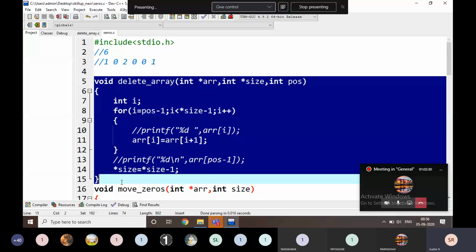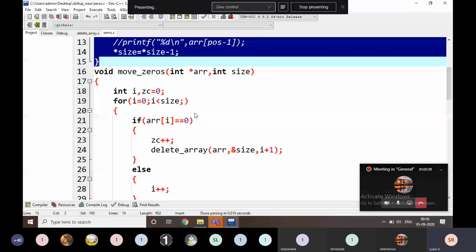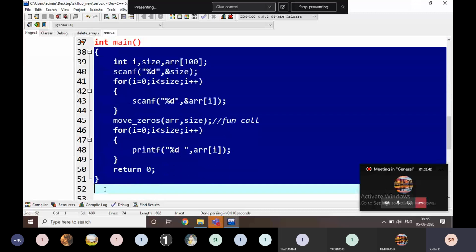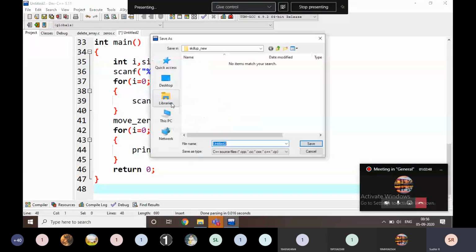For example, the same question in a different manner. How are we going to deal with it in a different manner? For example, I am going to take the main functionality again. Zeros two.